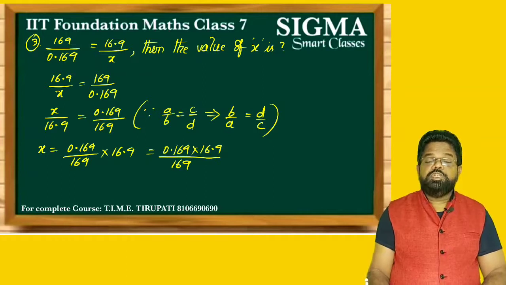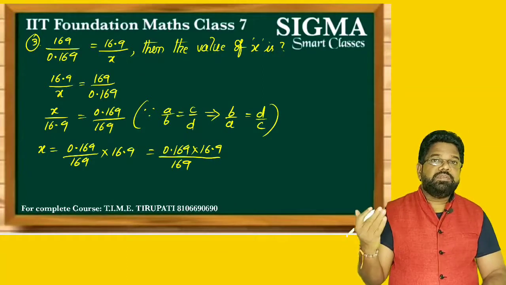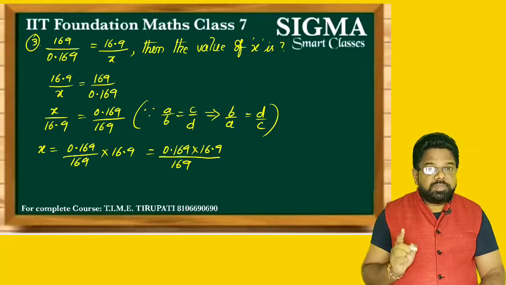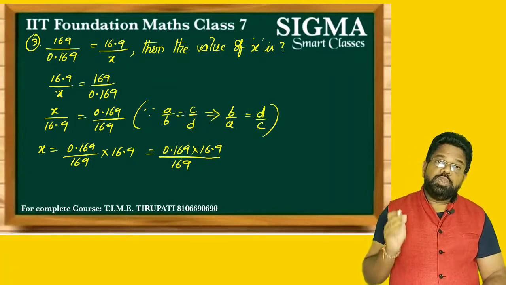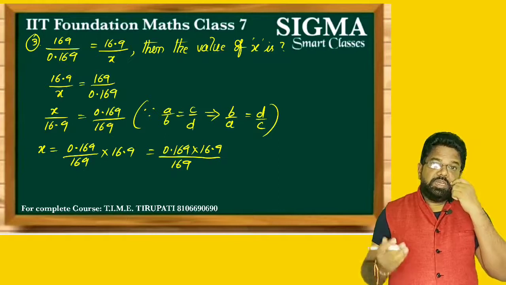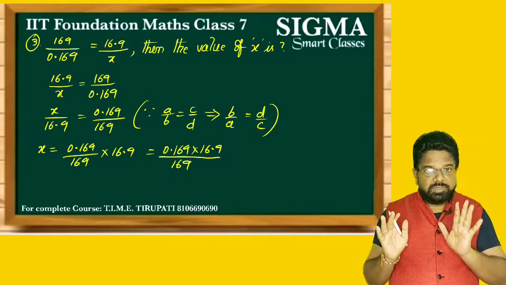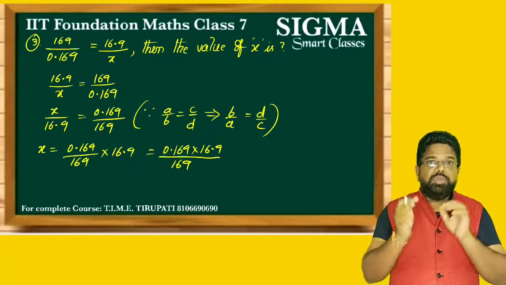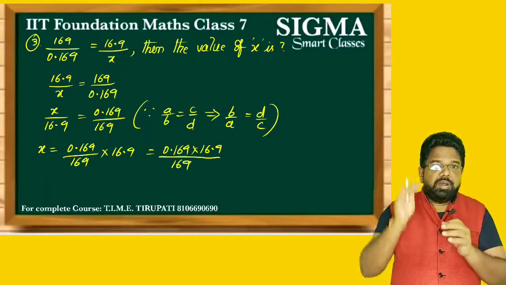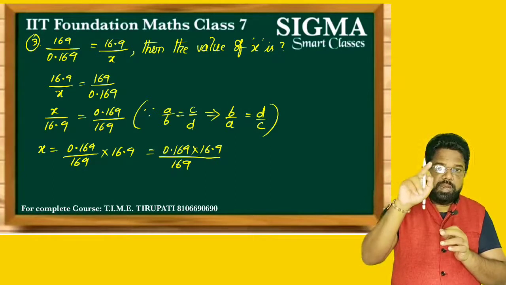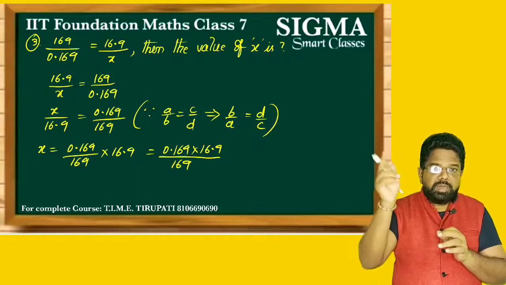If you observe in the numerator, after the decimal how many digits are there? In the first number after the decimal 3 digits, in the second number after the decimal 1 digit, totally 4 digits are there. But in the denominator there is no decimal. So in the denominator also after the decimal there must be 4 digits. So then you have to remove the decimal in numerator and denominator, when an equal number of digits are there after the decimal in both.